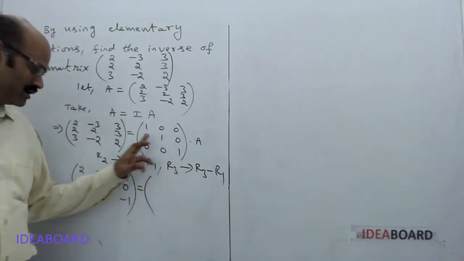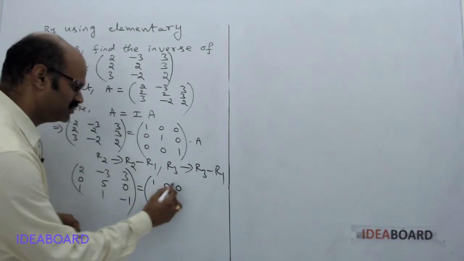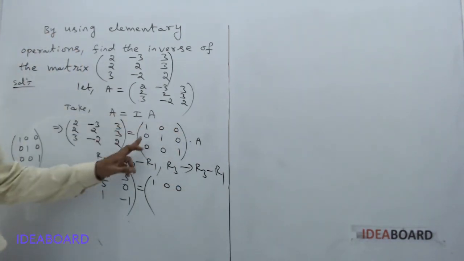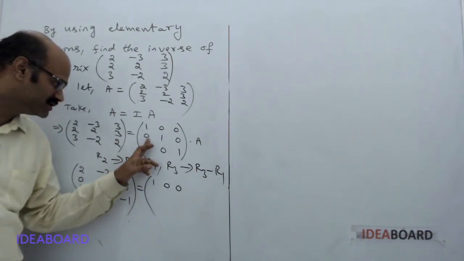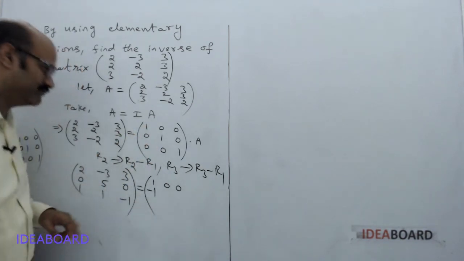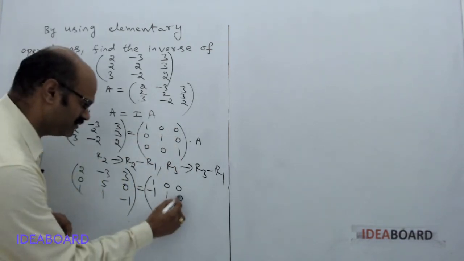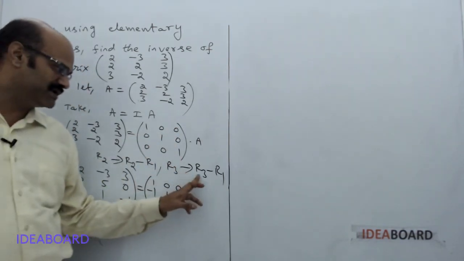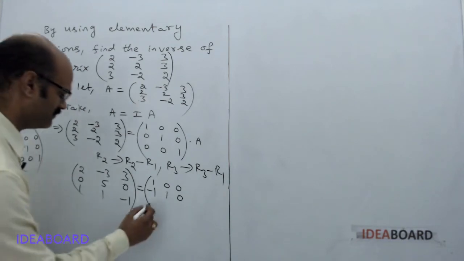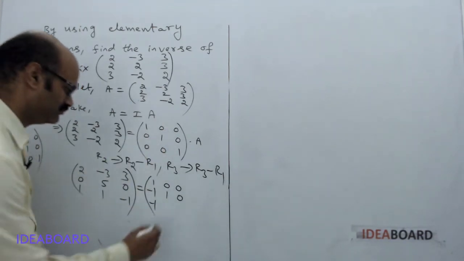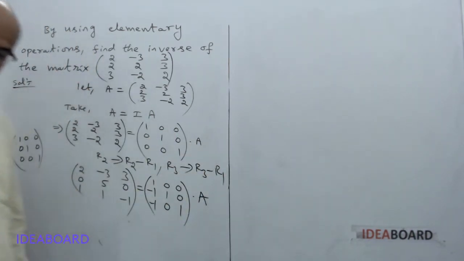same thing should be applied here also. R2 minus R1. R1 is same, no change in R1. So let me write 1, 0, 0. Now there is a change in R2 here. So this is R2, 0, 1, 0. R2 becomes R2 minus R1. So that 0 minus 1 minus 1. 1 minus 0, 1. 0 minus 0, 0. Similarly, R3 implies R3 minus R1. Then it becomes 0 minus 1 minus 1. 0 minus 0, 0. 1 minus 0, 1. Into the matrix here we are having.